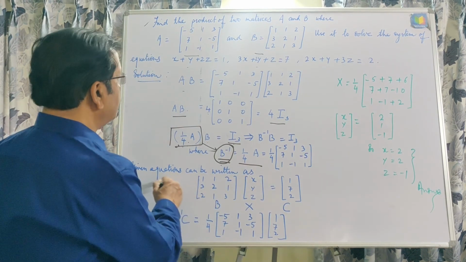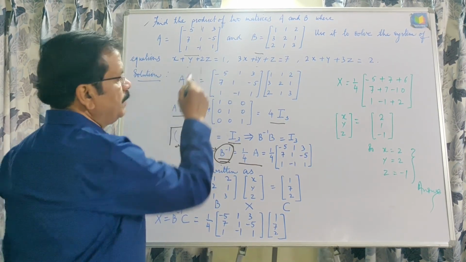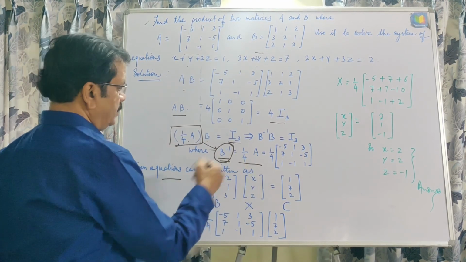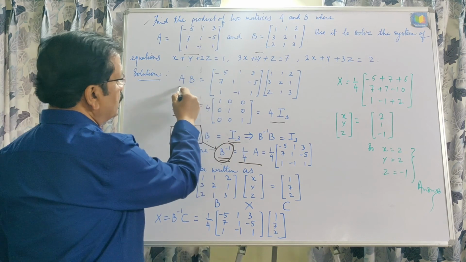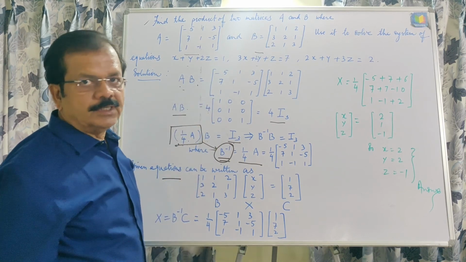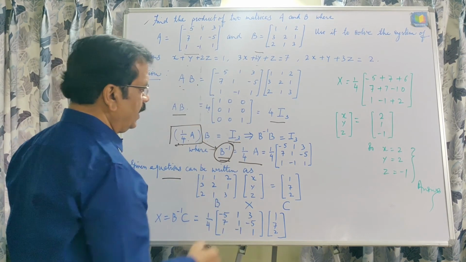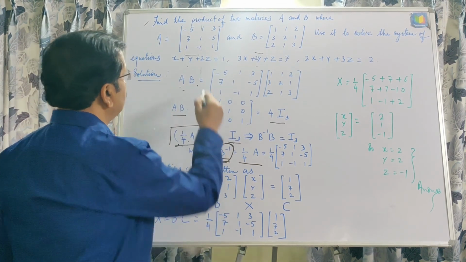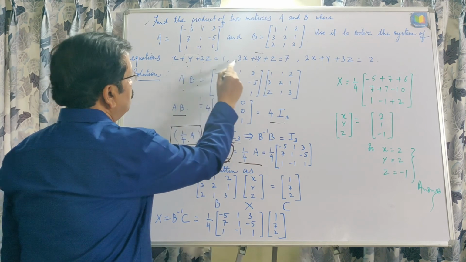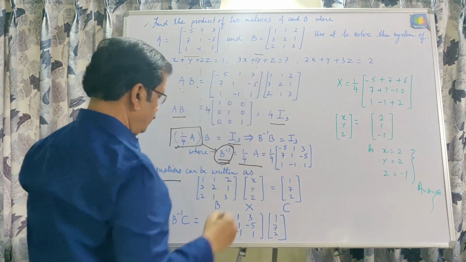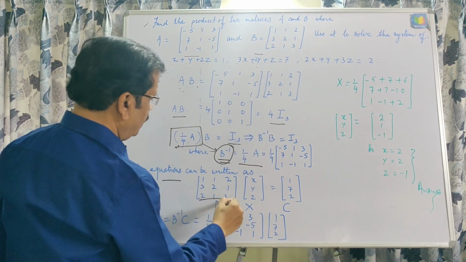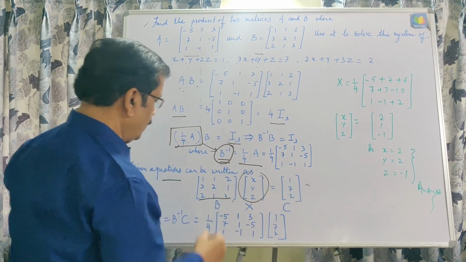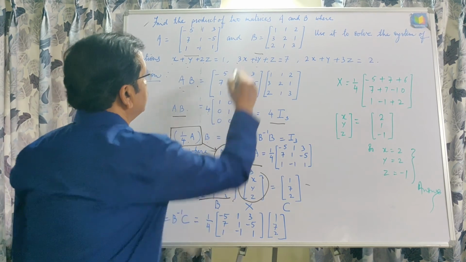Now solving this system of equations, we write the system of equations in the form of Bx is equal to C, because A is already used, and that is why we cannot write Ax is equal to B here. So Bx is equal to C, because B is 1 1 2, 3 2 1 and 2 1 3, and then X, and is equal to C, and you can see this value is the same as B.